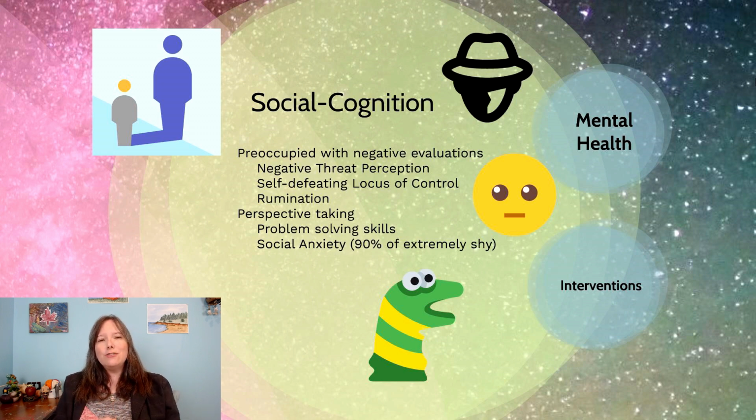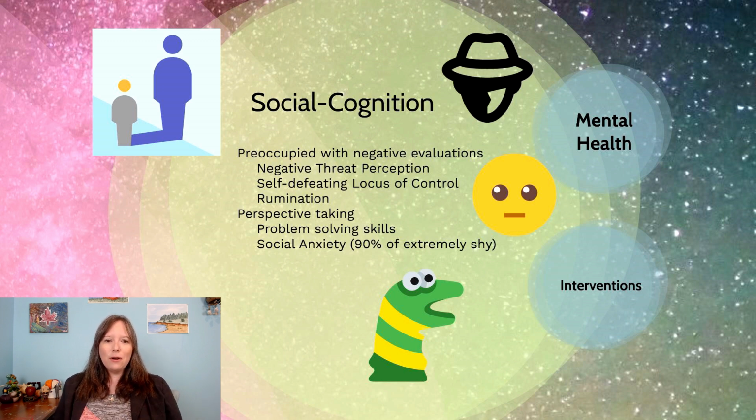And the final thing is rumination. If they have an awkward encounter with someone, they tend to replay it in their mind over and over and over again. It's like a record player on repeat. And so this is the idea that it's not positive rationalization. They're not coming to a problem solving or problem focused solution here. They're just constantly rehearsing what they did wrong and blaming themselves and internalizing that.